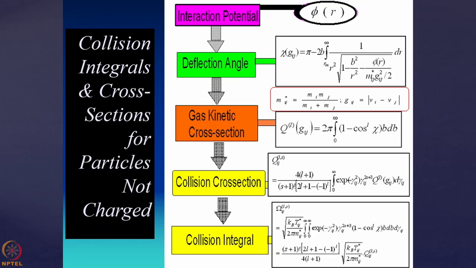Okay. So, we proceed. You know that to calculate collision integrals, you start with an interaction potential, then you calculate the deflection angle and gas kinetic cross sections; how all these are to be calculated, I have just given explicitly. Then you get the collision cross sections and collision integrals, which are interrelated. So, you can express this omega ls in terms of qls like this. So, it is doable. The first thing you need to know is the interaction potential to do the calculation of the collision integrals. So, now we assume that we will proceed through this route and we will be able to find the collision integrals.